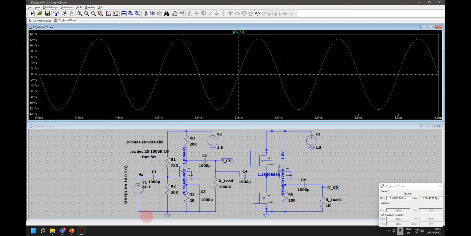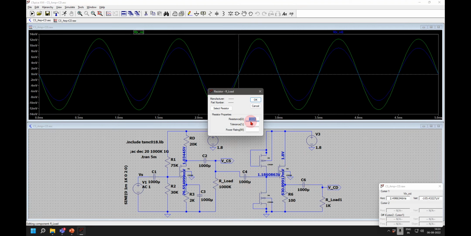Now, I am plotting the output at VCS. I am getting a gain of around 14 out here. A 1 millivolt signal gives 14 out here. I am using R equal to 1000 K. Now, if I plot CD also, I am getting slightly lesser than 14. That is fine. Now, if I change this R load to 1K, for example,